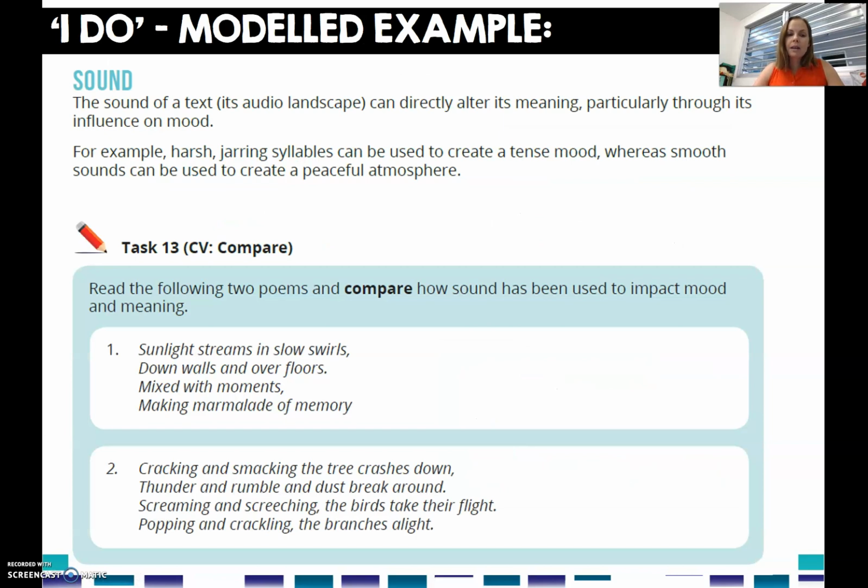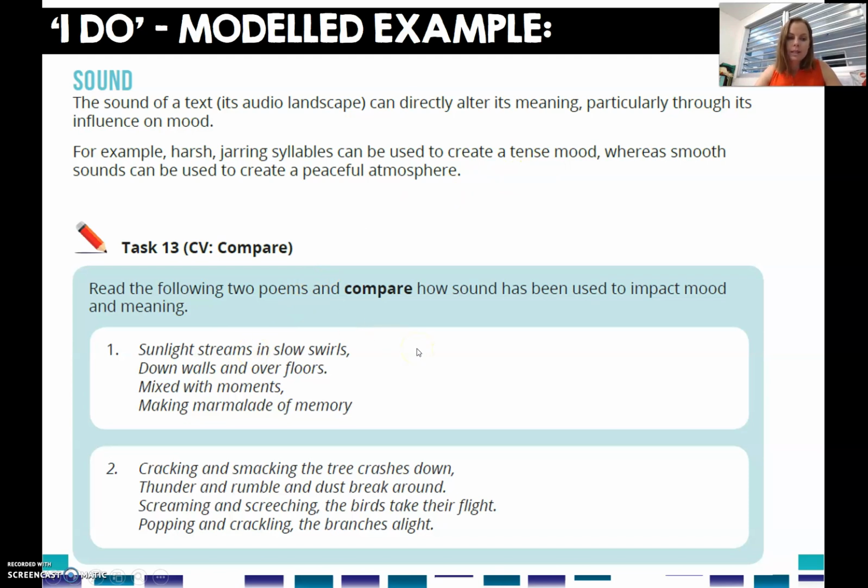So, modelled example. If we have a look at the skill, the two poems here, your task is to read the following two poems and compare how sound has been used to impact mood and meaning. So there's a bit of information about sound up here. The sound of a text can directly alter its meaning, particularly through its influence on mood. For example, harsh, jarring syllables can be used to create a tense mood, whereas smooth sounds can be used to create a peaceful atmosphere. So if we have a look at the two poems,